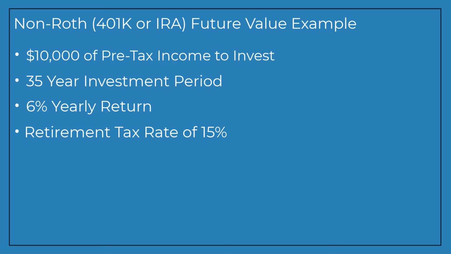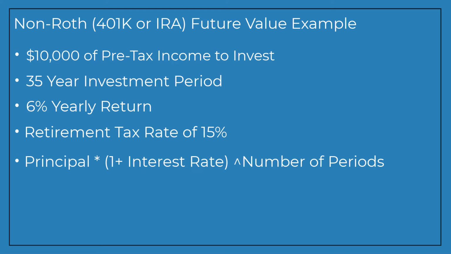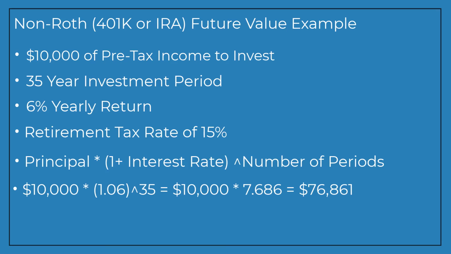And this is simply a future value calculation, and we can use the compound interest formula. So let's go ahead and plug in those assumptions into the compound interest formula, which is the principal times 1 plus the interest rate to the power of the number of periods. And this will be 10,000 times 1.06 to the 35th power, which is 10,000 times 7.686. And so we can see that the $10,000 grows to